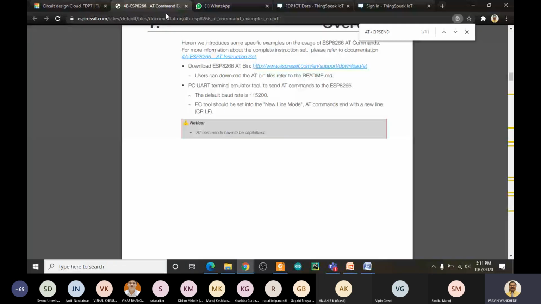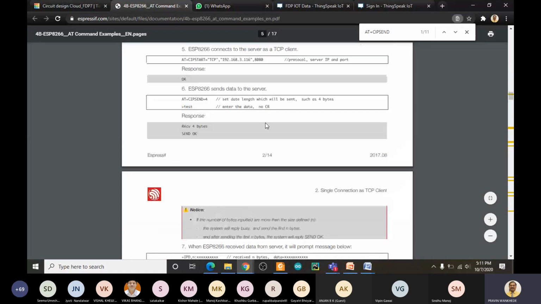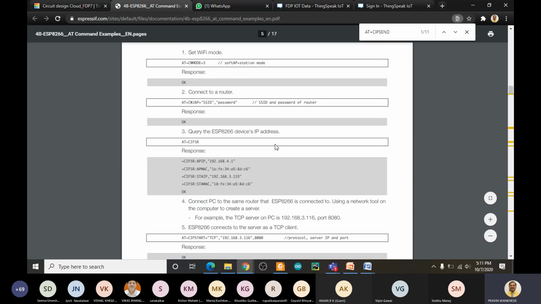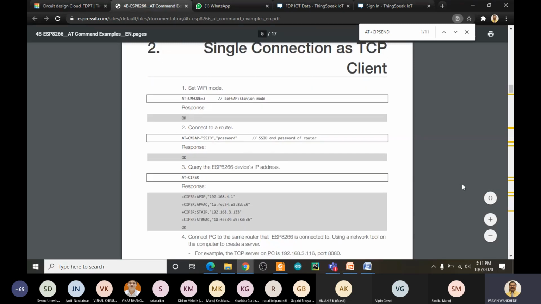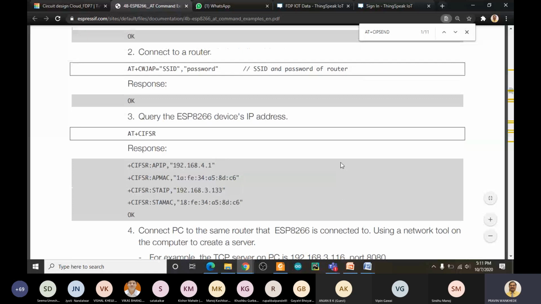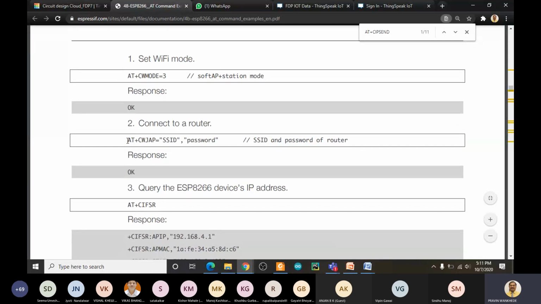If you go to the manual of ESP8266, yeah, it shows here this is the format: AT+CWJAP, SSID, password. Actually JAP is what, join the access point, through which we are joining our virtual Wi-Fi module.